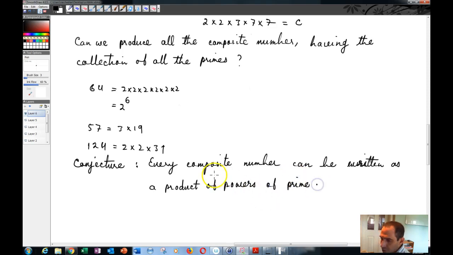Of course, this is just a conjecture, because no matter how many numbers you try this way, there